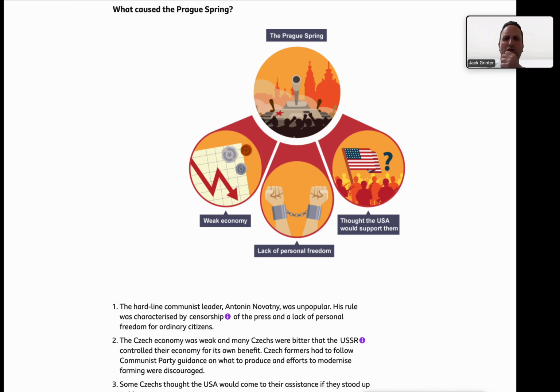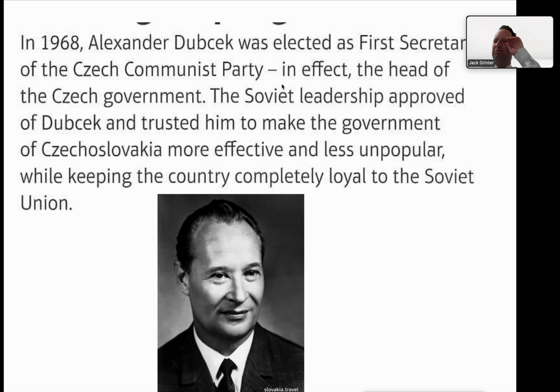So we've got here what caused the Prague Spring. A lot of the things we mentioned there were the lack of personal freedom. People in Czechoslovakia as well might have thought, well, USA could potentially support us here. And also as well, the Czech economy was quite weak. They were bitter that the Soviet Union was controlling the economy and using it for their benefit. Okay, so examples of that: Czech farmers had to follow guidance on what to produce, and if they tried to modernize farming, it was discouraged. Okay, so all these things led to kind of